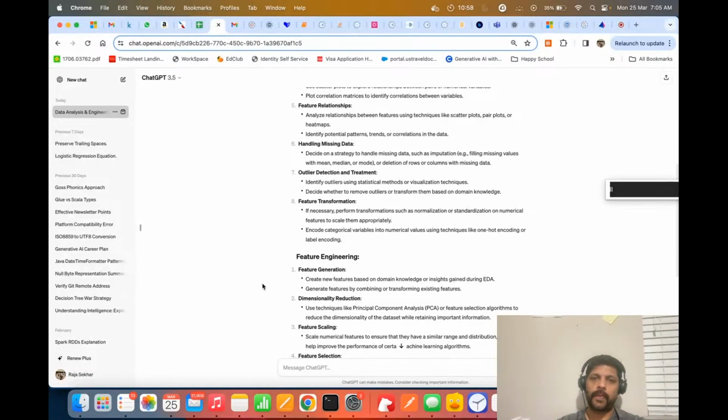So handling missing data is something we looked at. We could also go to an extreme, saying these values are critical, so guessing them is a wrong idea, and they are distributed very high. As they are distributed high, they are not close to the mean, so putting the mean there is not a good idea. So we can take an extreme call, saying okay, we don't know the data, so let's not use the data. We drop the data. That could also be one of the strategies of handling the missing data, right?